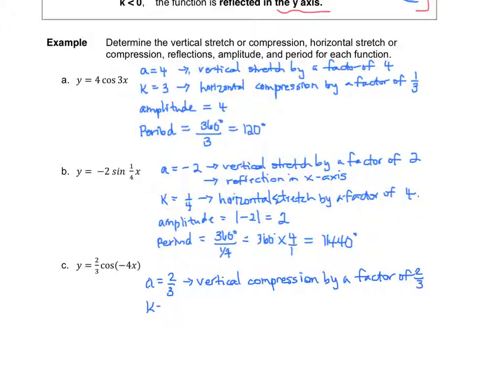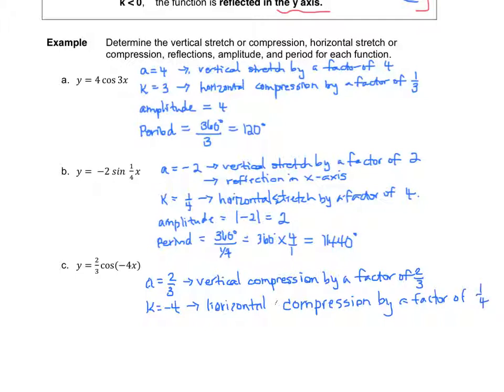The k value is -4, which tells us we also have a horizontal compression